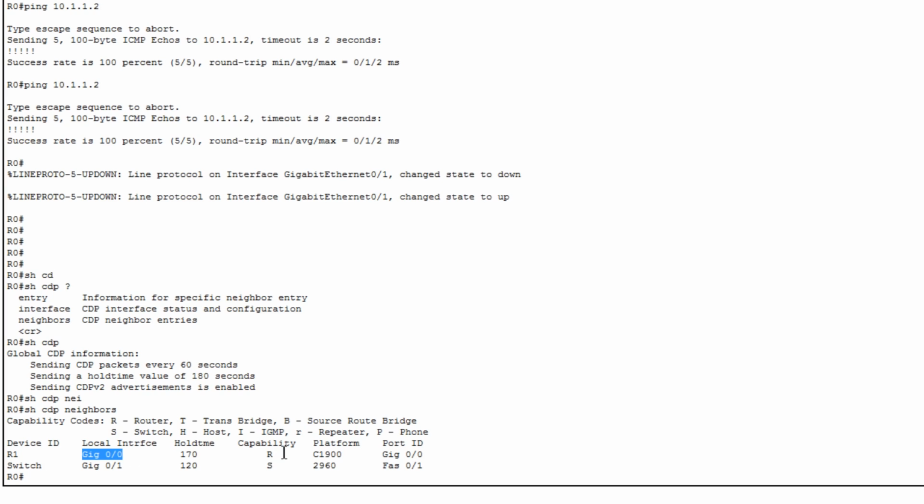What does that device do? That device has the capability of a router. So it's a router. R means router. It can only do router. If it's a layer 3 switch, it would say R and S, right? So in this case, it is only R. It's a routing device. The platform is C1900, right? It's a C1900 series router. On that device, this connection from R0 G0/0 goes to R1's